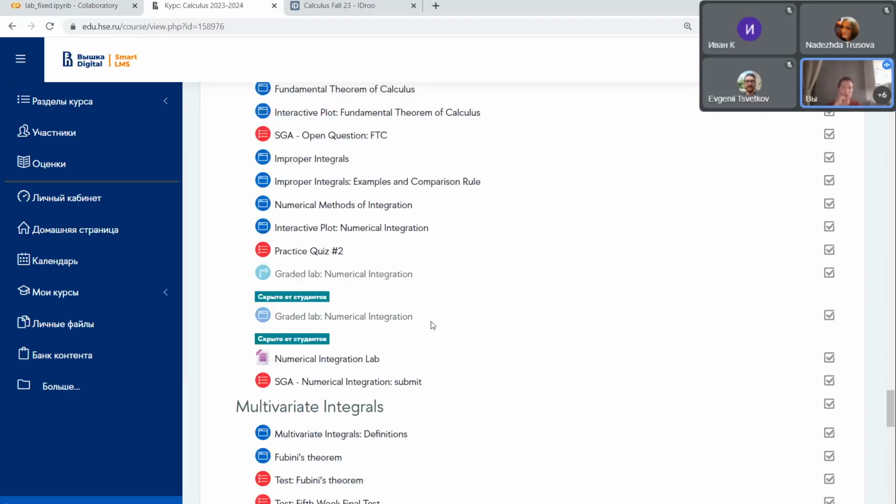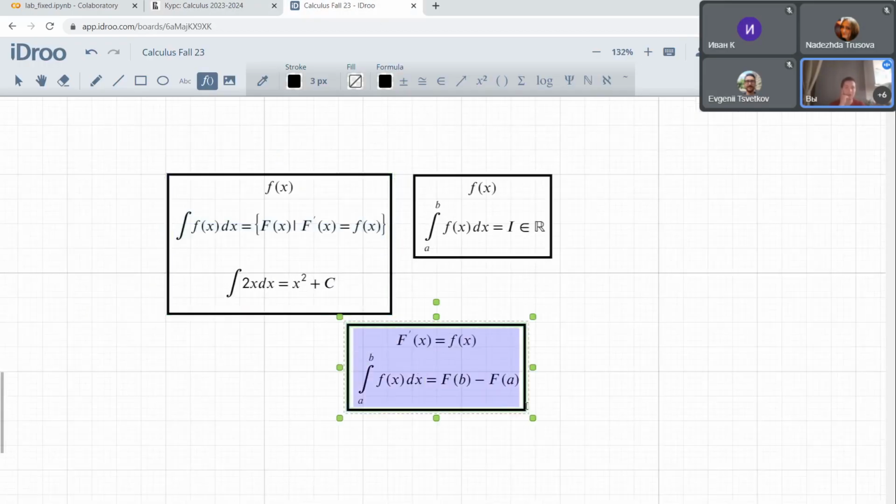So the main goal is usually to compute the area under the curve. That's why our numerical integration lab is dedicated to the idea of how to compute the area under the curve, if it can be done theoretically. For example, this theorem gives us an analytical way, but